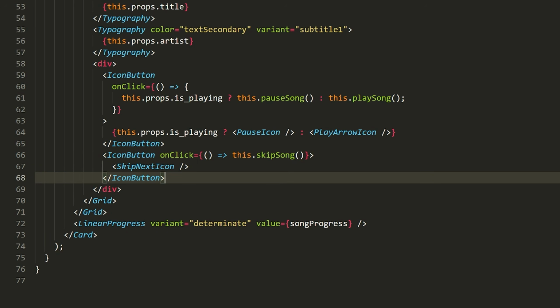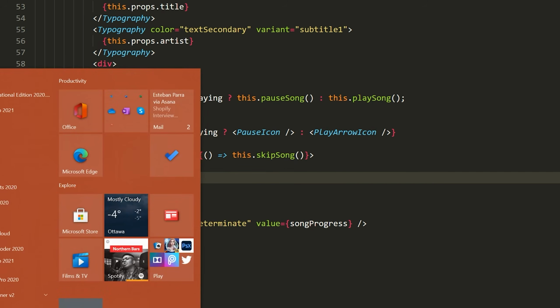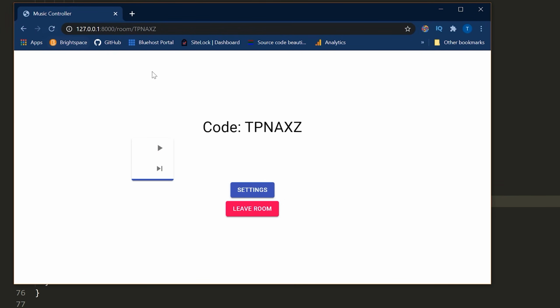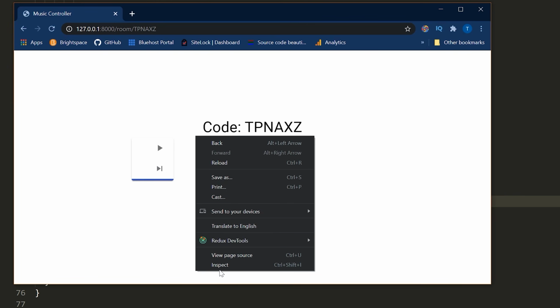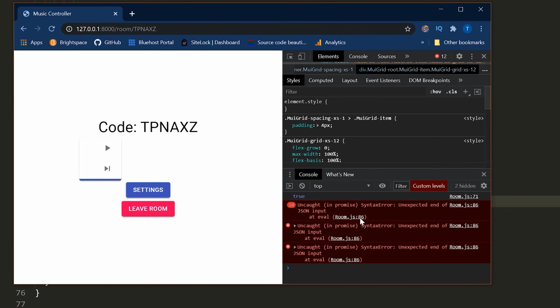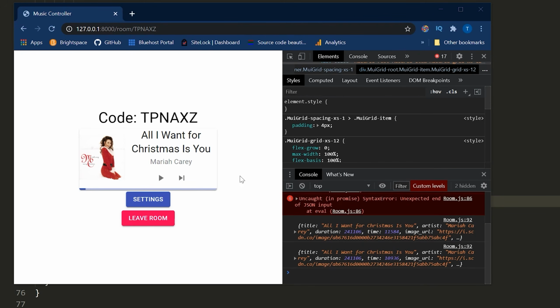All right, so now that we've finished that, let's test this out. So I'm just going to save, and now I'm going to do a quick refresh here. Now notice that we're getting this blank kind of template, right? This will happen in the situation where there's no song playing or we don't get any information back from Spotify. And in fact, let's look at our console. You can see we're getting all kinds of errors here because we're not getting any information. But if I actually just play the song and then pause the song on my Spotify, it shows up here. So just keep that in mind. That will happen sometimes, and you probably want to handle the case where it's empty and just fill in some blank text. I think I discussed that previously.